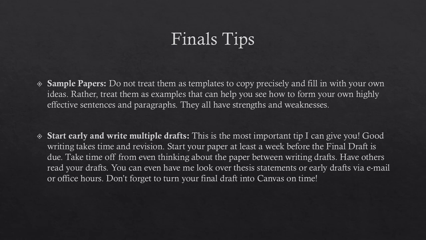The paper we just looked at was very cohesive. It all flowed well. There's no way it flowed that well on the first reading. To make all of those connections so clear, the writer has got to do multiple drafts, go through multiple times, have other people read it, because there was probably someone at the Writer's Center or a friend who read this paper and said, this connection is not clear here. I don't see how this paragraph connects to the thesis. And then the writer said, oh, I need to mention intelligence more directly or power more directly, and then fixed it. So start early, write multiple drafts, have others read your writing.